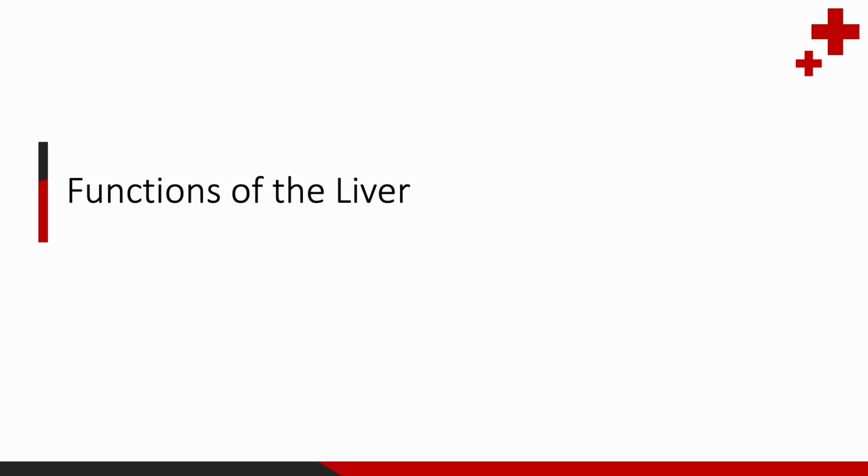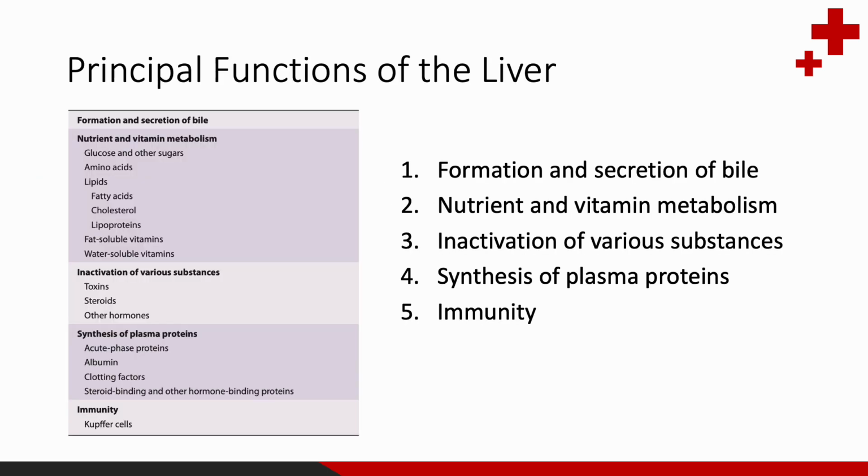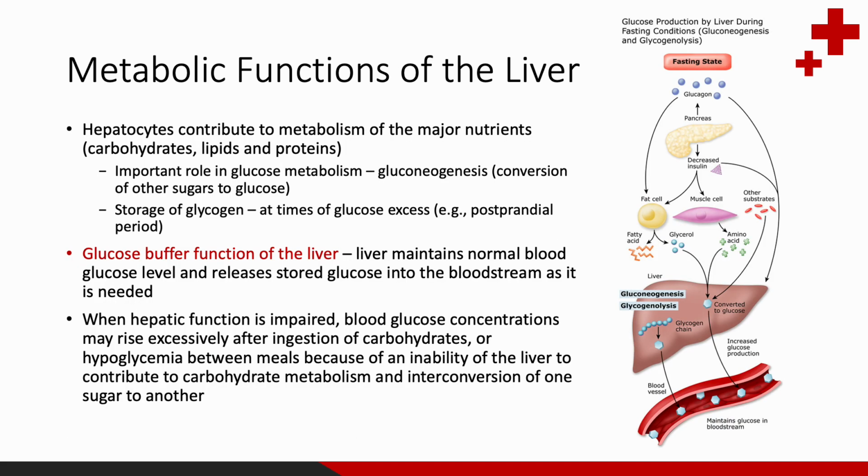The principal functions of the liver mainly include formation and secretion of bile, nutrient and vitamin metabolism, inactivation of various substances such as toxins, steroids, or other hormones, and detoxification and excretion of waste products. Synthesis of plasma proteins such as the acute phase proteins, albumin, and clotting factors, and immunity with the presence of Kupffer cells. As for the metabolic functions of the liver, hepatocytes mainly contribute to the metabolism of the major nutrients,